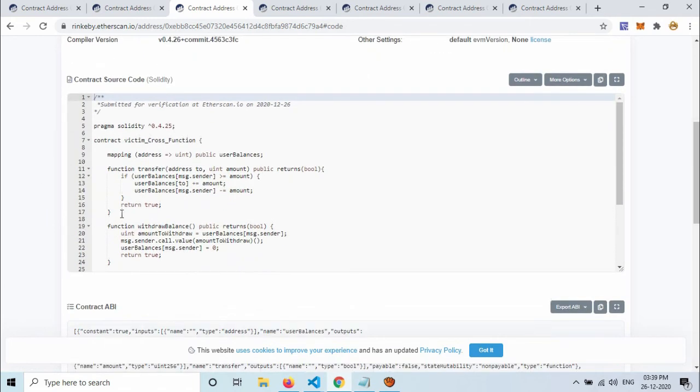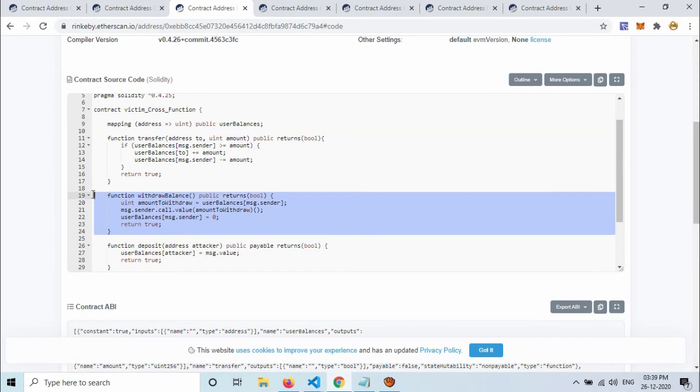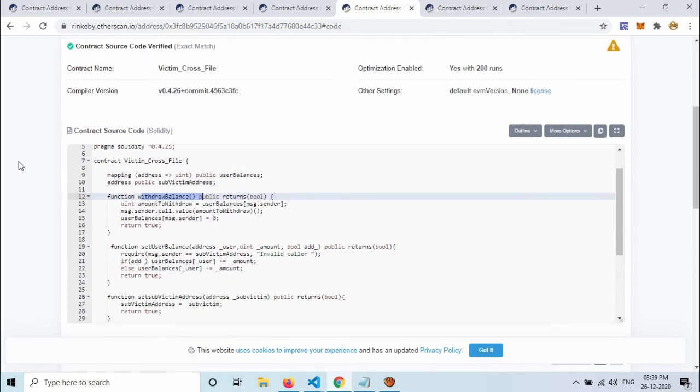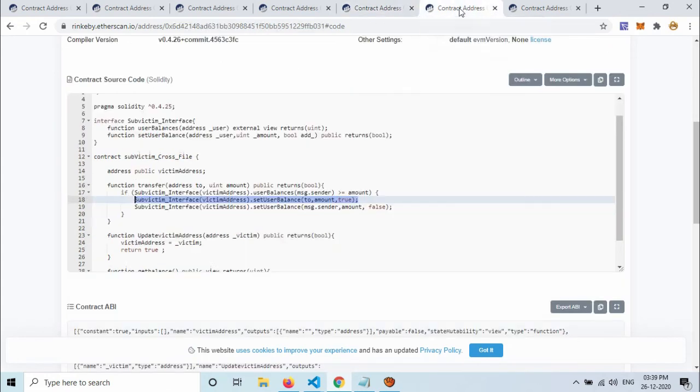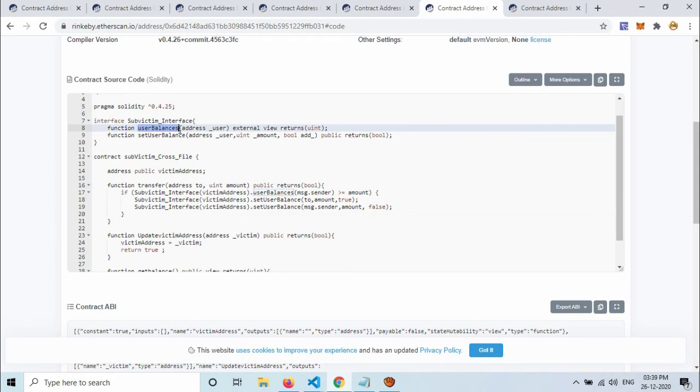As we can see here, it is the transfer function, and here it is the withdraw function, and in cross file reentrancy the same thing is happening, only the difference is the withdraw function is in one contract and the transfer function is in another contract, but both functions are sharing the same user balance.